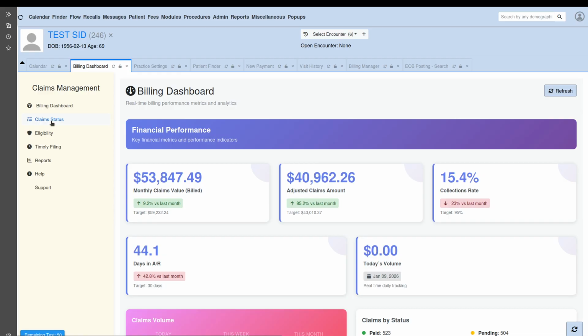But what that does here is just pulls down the claim statuses from this particular clearinghouse. It's made for TriZetto. So this one is going to go out to TriZetto and pull down the claim information from TriZetto. We have one, or we can make this, adding to it the ability to auto process the ERA